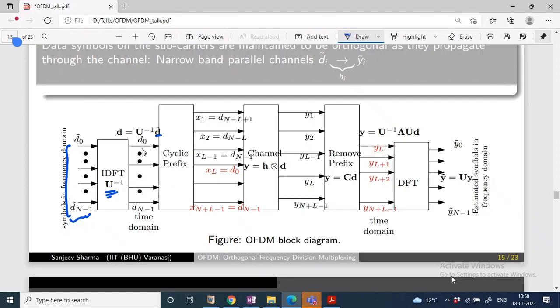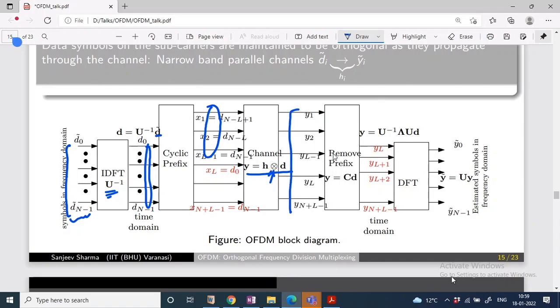So you have n data symbols in time domain here, n data symbols. Then you add the CP, cyclic prefix, that has length L. Okay, so here you put these data symbols. Previous data symbols are copied. Then they are transmitted through the channel. So y is equal to h, that is a linear convolution with the channel, and with the cyclic prefix it becomes a circular convolution. Y is equal to h d. Okay. Then the output will appear in this form.